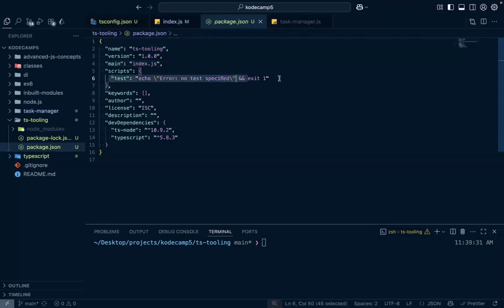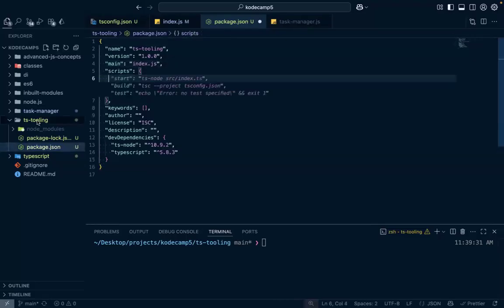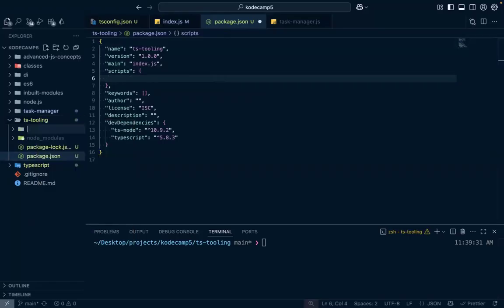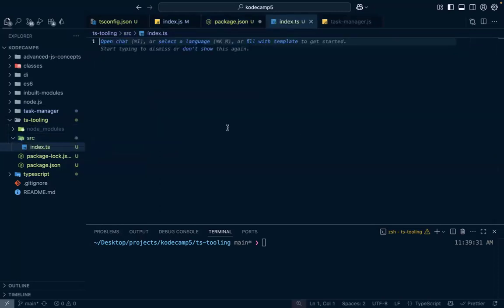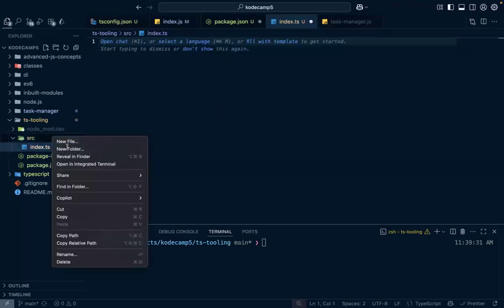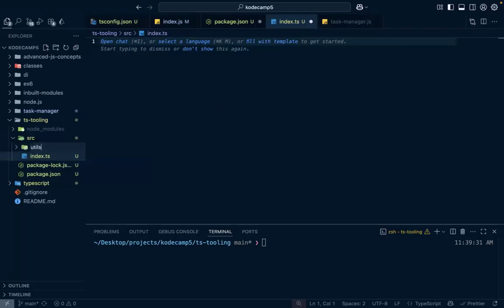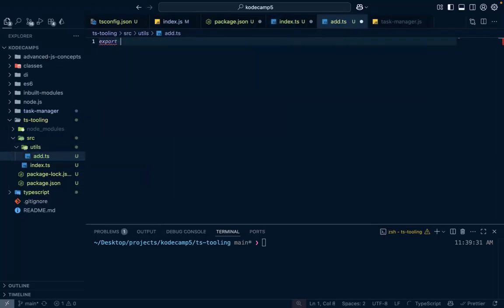we can add scripts here. First of all, let's add a new folder. Let's call this one src. And in here we have index.ts. Let's see. And in here, let's have a folder utils. So this one will be a simple one. And in this utils, let's write add.ts. And then we'll export